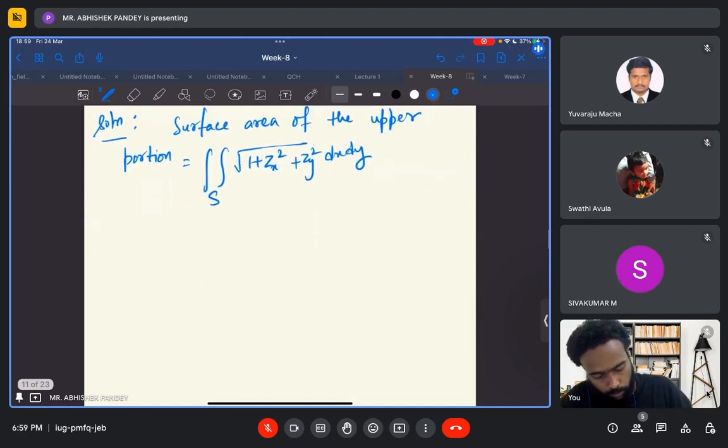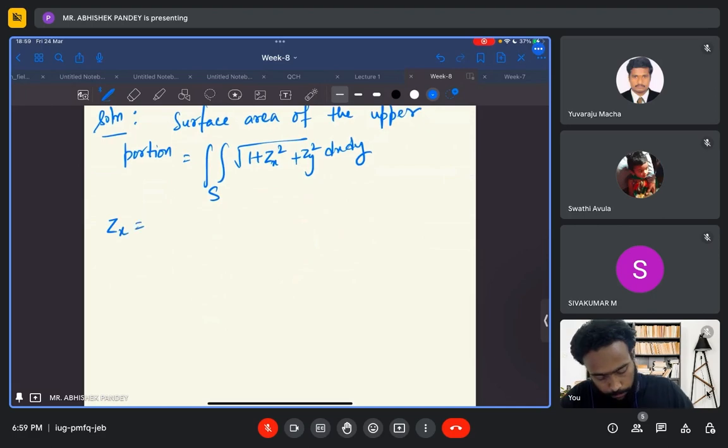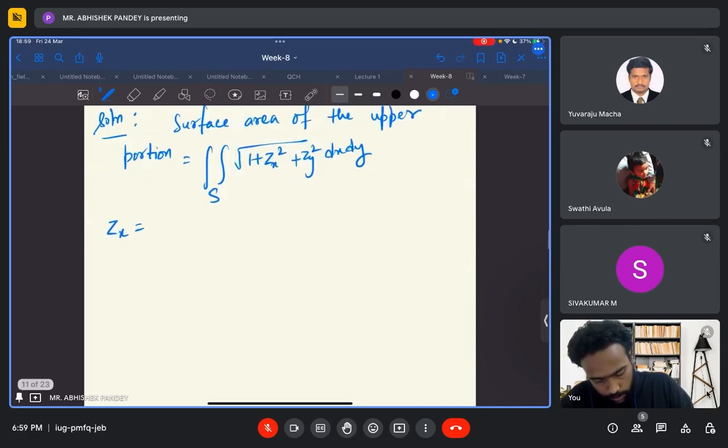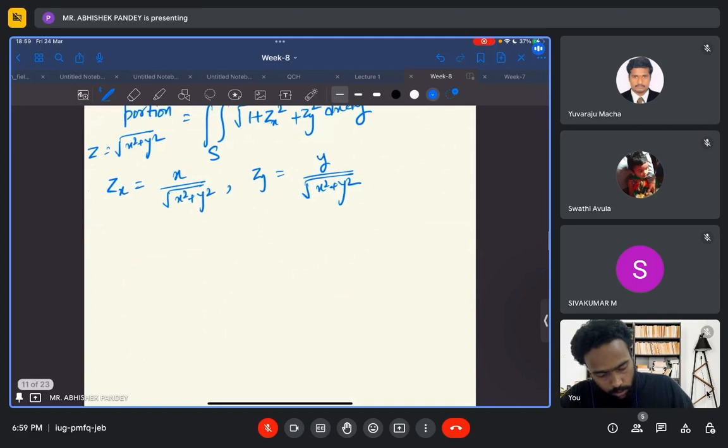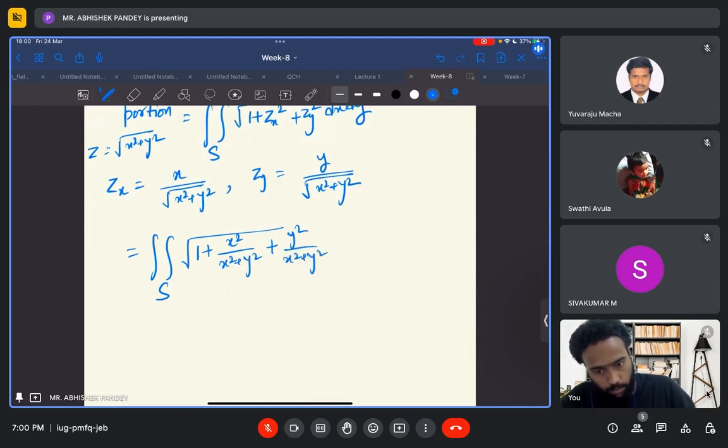So basically z is root of x square plus y square, so zx will be x by root of x square plus y square, and zy will be y upon root of x square plus y square. So this integral is now root of 1 plus x square by x square plus y square plus y square by x square plus y square dx dy,